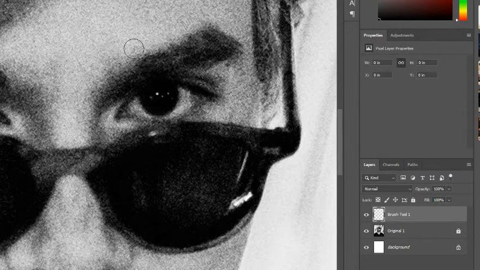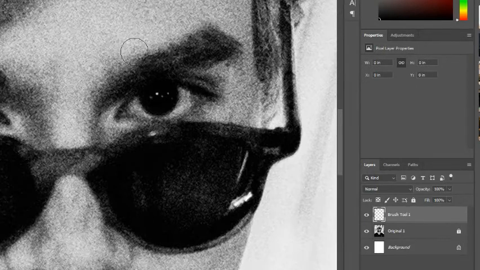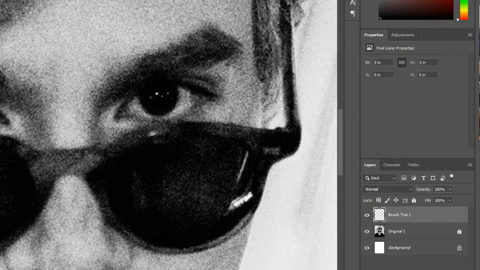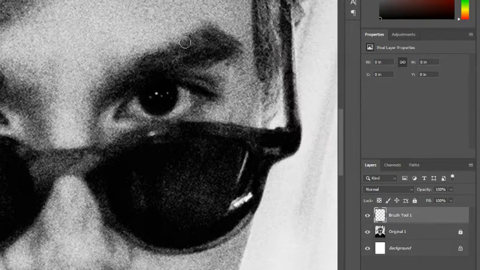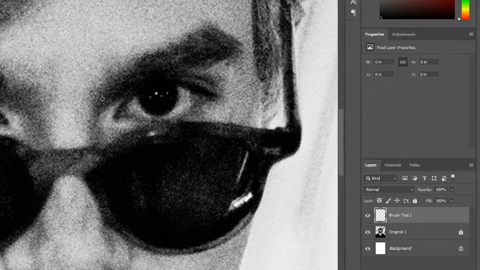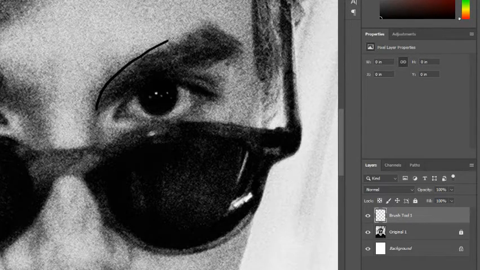So the right bracket will make my brush bigger. The left bracket will make my brush smaller. You can also change that here in the brush size, so you can also toggle that back and forth. For me, the bracket is kind of nice. And then I'm just going to take my brush,